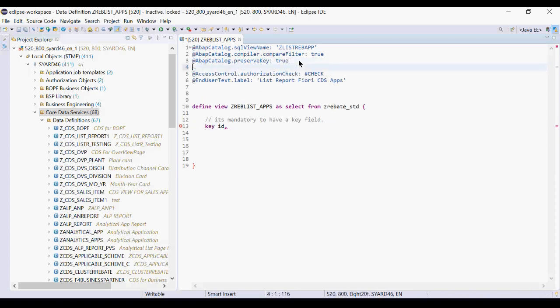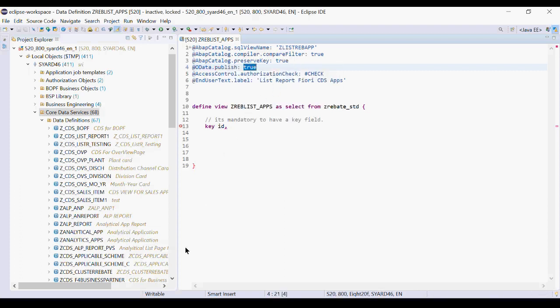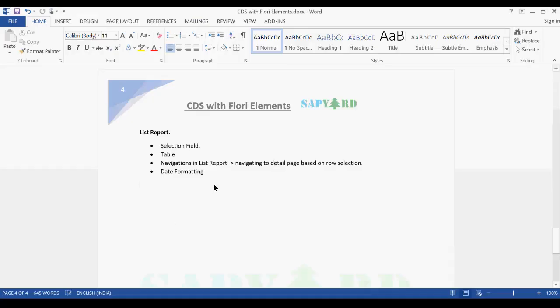Okay, one important thing we have to take care of is that we need to have OData publish true. Once we have that, only then can we utilize all of these. So what does this OData publish true do? Let me tell you. The @OData.publish: true annotation creates the